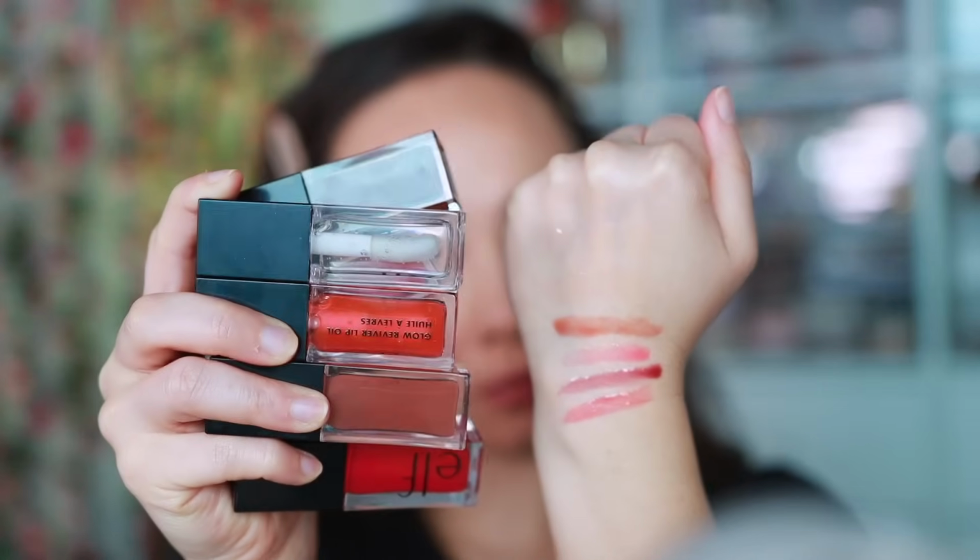And then, okay, I'm finally doing the final update on the e.l.f. lip oils, but nothing has changed. There's a ton of colors. These are really great lip oils for the drugstore, but they are not a Dior dupe. The consistencies are completely different, and I know they definitely were trying to dupe the Dior,